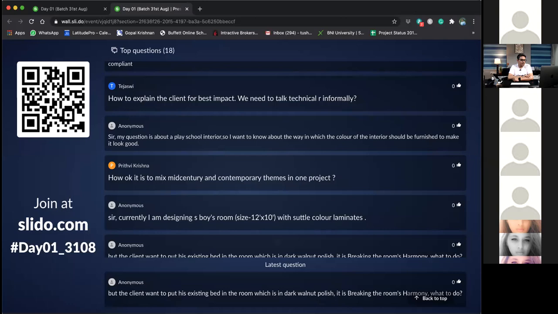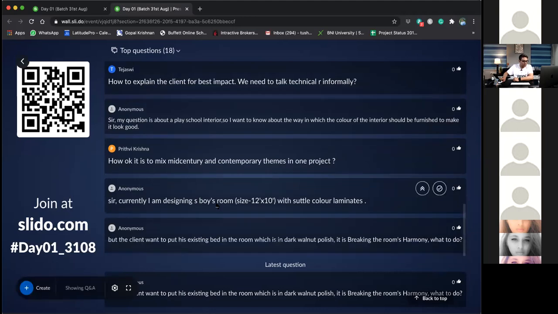Okay, and someone has asked, currently I am designing a boys' room, 12 by 10, with subtle color laminates. But the client wants to put his existing bed in the room, which is a dark walnut polish. Is it breaking the room's harmony? What to do?